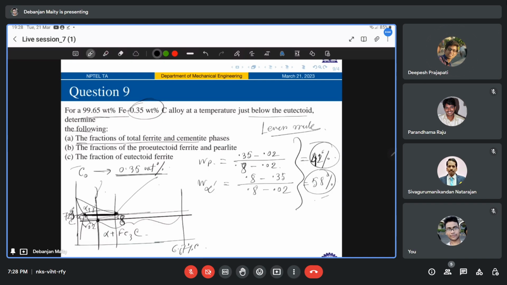Yes. Okay. Then you need to find out the fraction of eutectoid ferrite. So all ferrite is either coming as pro-eutectoid or eutectoid, right, in the pearlite. So the summation of these two ferrite fractions equals the fraction of total ferrite. So you have this alpha dash and you have this eutectoid alpha ferrite, and that is coming as the final total ferrite fraction. So this is known for you,